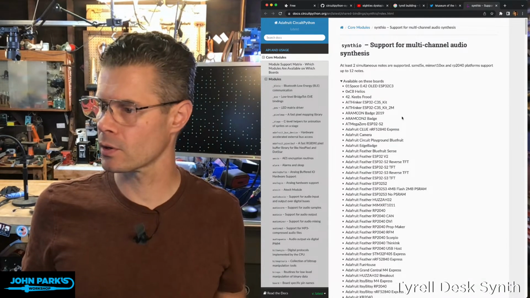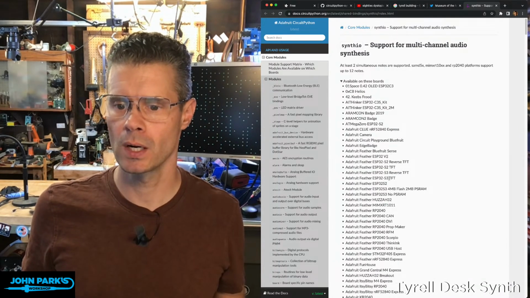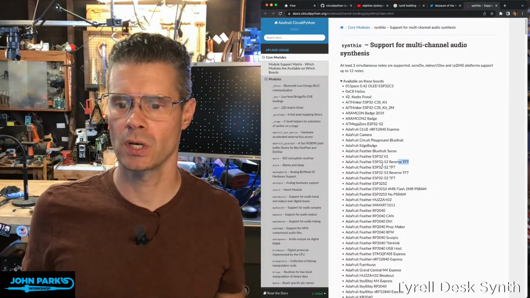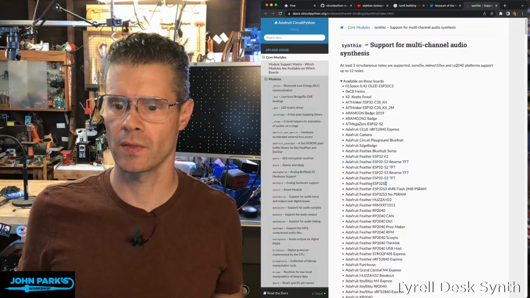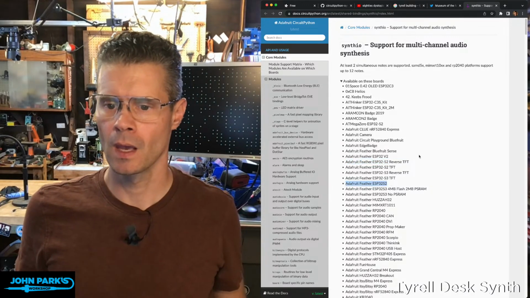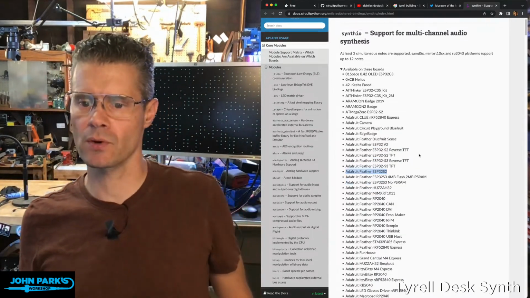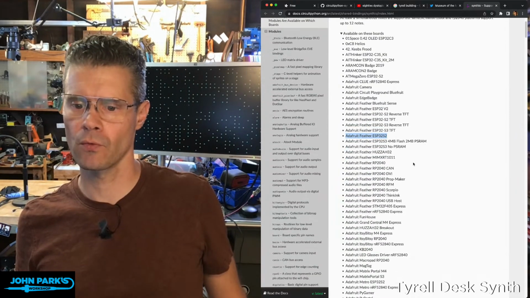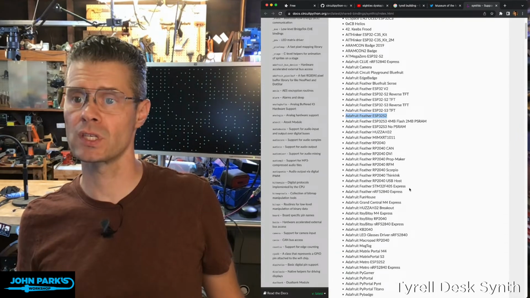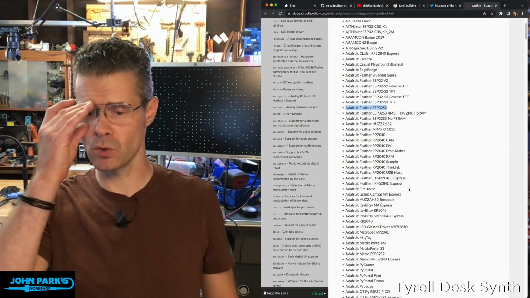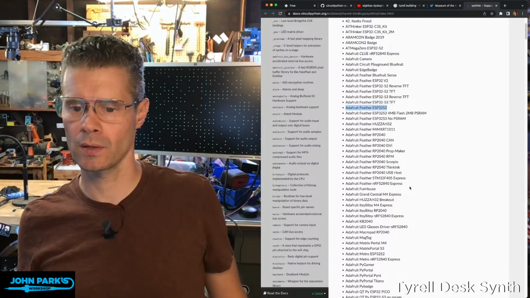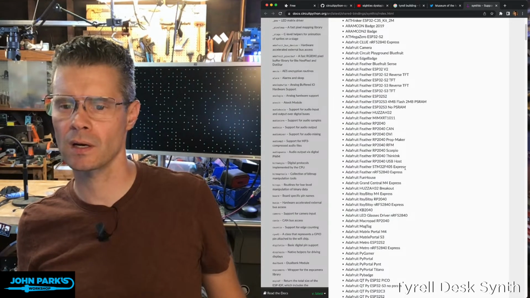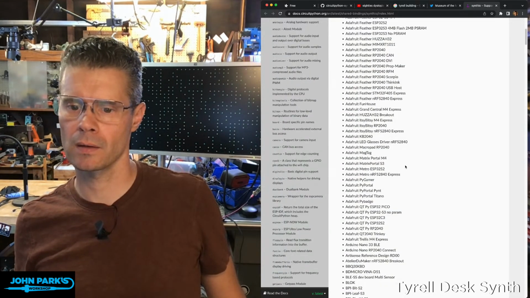So Feather ESP32S2 is a go. Yeah, so there's the TFT version, the reverse TFT version, and the S2 version. It just doesn't have a hyphen in the name. So let's see. Yeah, in general, this will run on ESP32. This will run on RP2040, STM32, NRF52840. So if you had any Bluetooth needs, that might be a good one. M4, it's a Itsy M4. I'm assuming Feather M4. I didn't see it there, but Matrix Portal.